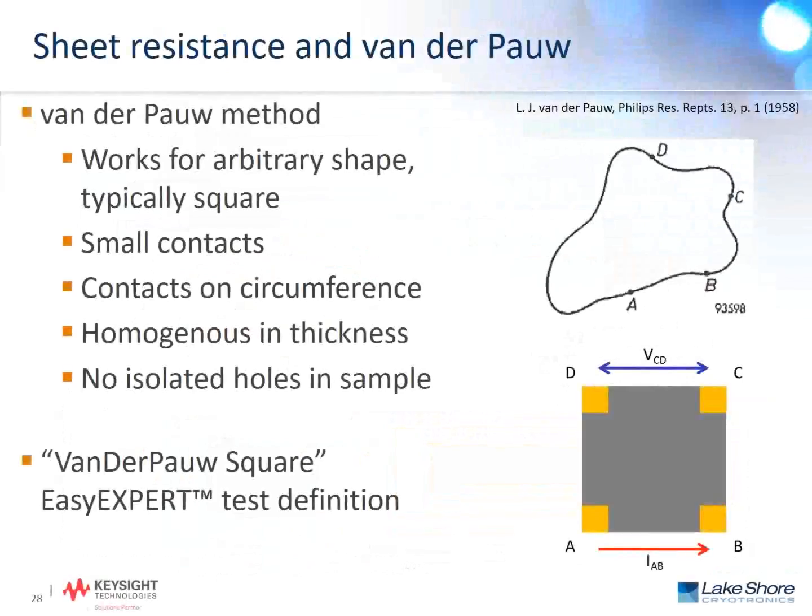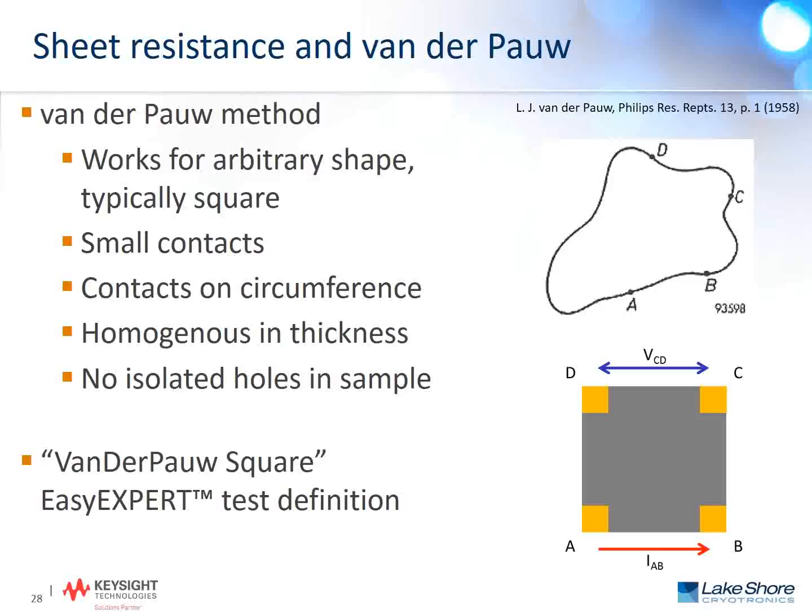So beyond doing transistor measurements, another application is using sheet resistance and the van der Pauw method to measure not necessarily devices, but two-dimensional semiconductor material. This is again a low current application which can benefit from the triax cabling offered in the Lakeshore probe station. Now the van der Pauw method can be used for an arbitrary shaped device, but typically we have